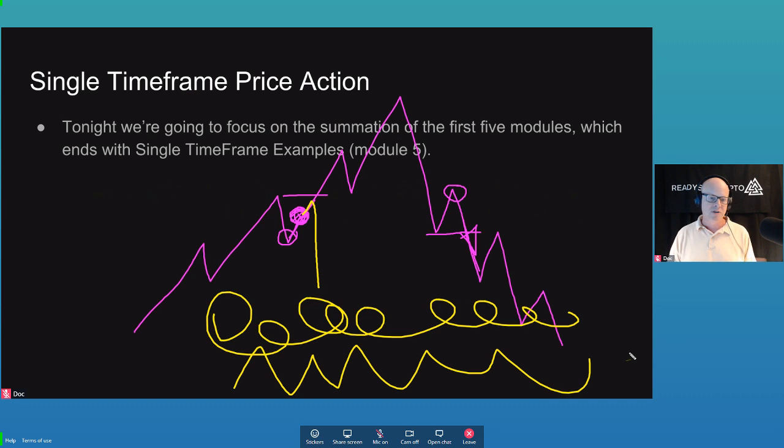I try to use as many crypto examples as I can in here, and tonight will be mostly crypto examples as well. But it really doesn't matter. It's price. Price is price is price. And I hope that at some point you're saying that to somebody else down the road. My hope is that you learn this, you get up to speed on it, and you pass this down to whatever people in your family that you can, and you create a dynasty. You're the linchpin, the ringleader.